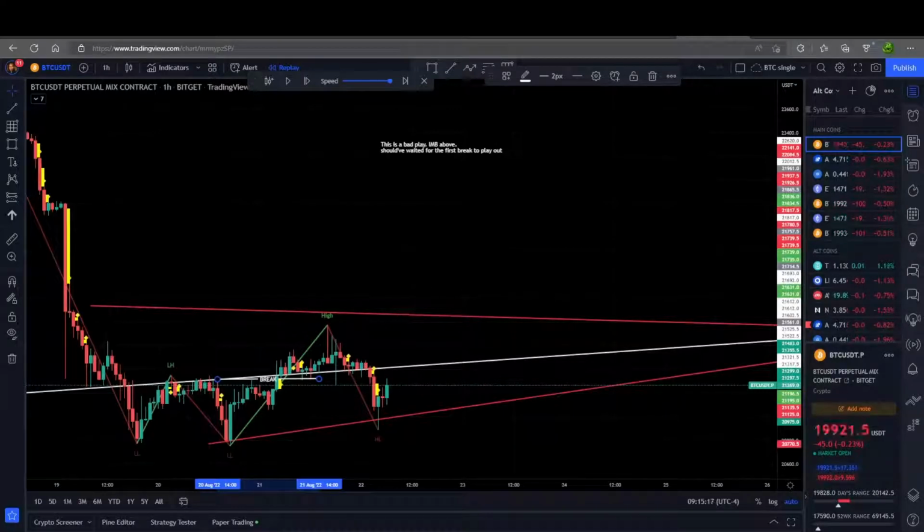But I'm just adding this to a bit of a, my back testing playlist. So I'm trying to see how I could have traded a lot of that sideways movement that was happening